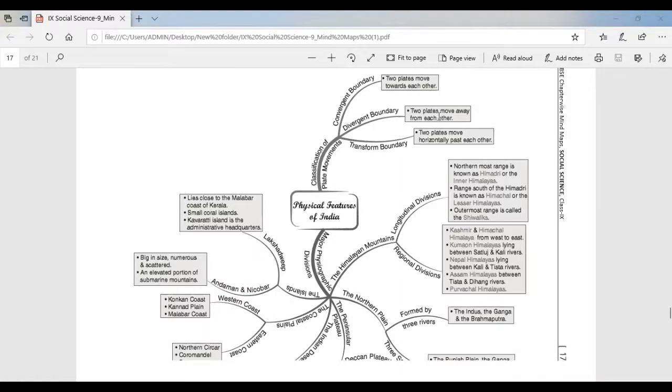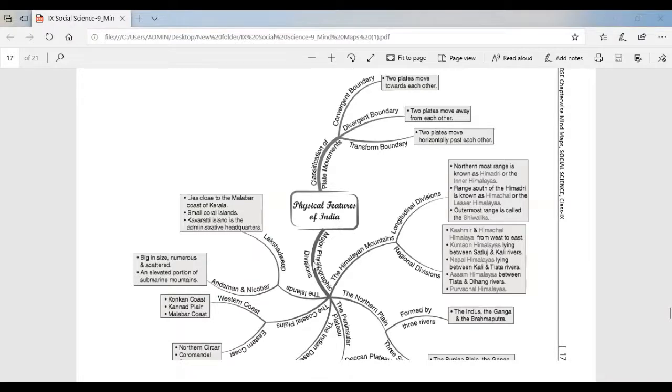When two plates move away from each other, it is known as divergent boundary. In the event of two plates coming together, they may either collide and crumble, or one may slide under the other. At times, they may also move horizontally past each other and form the transform boundary.